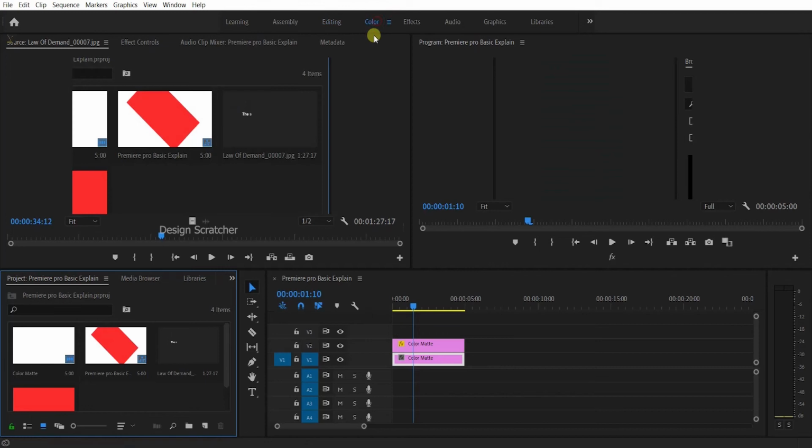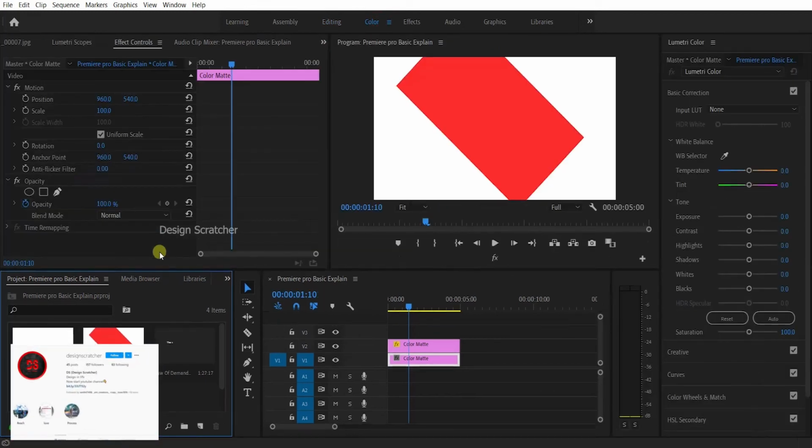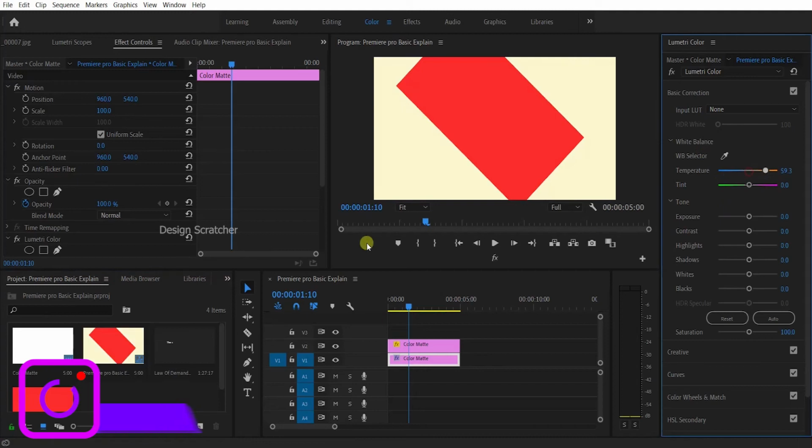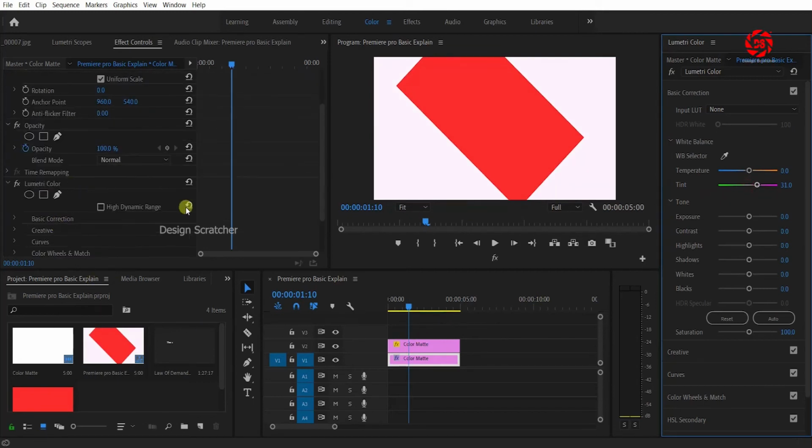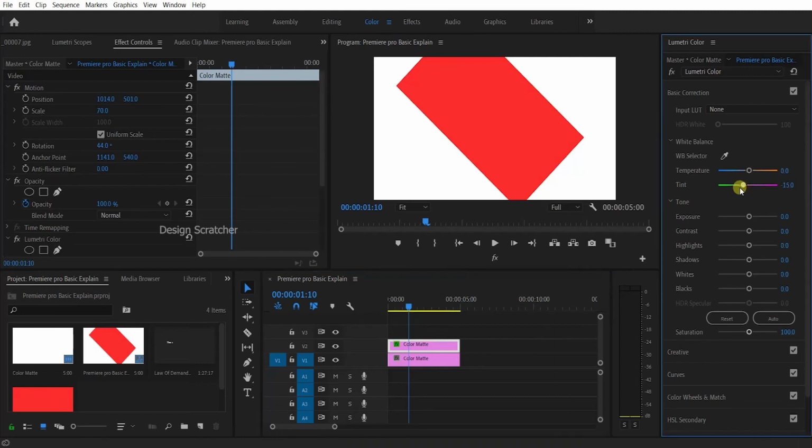Then color. All of them know color. Lumetri Color will be added automatically here. Okay, if you add it, these settings will be added here also. That Lumetri effect will be added automatically if you adjust the color. So if you need color correction, go to the Color workspace; it is automatically added to the effect controls for the videos. And same like that, you can use filters. You can check the exposure, everything. The kind of filters will be here.